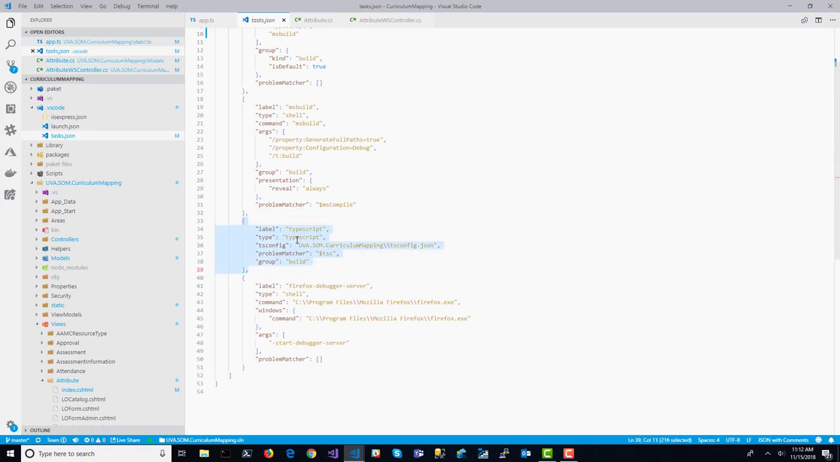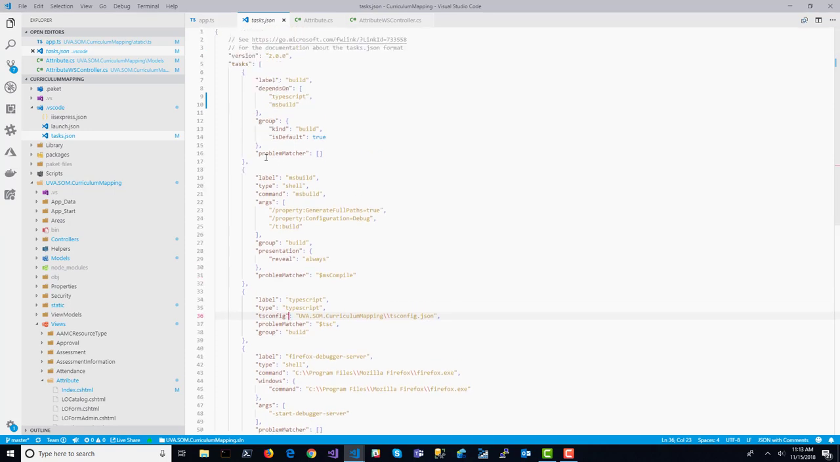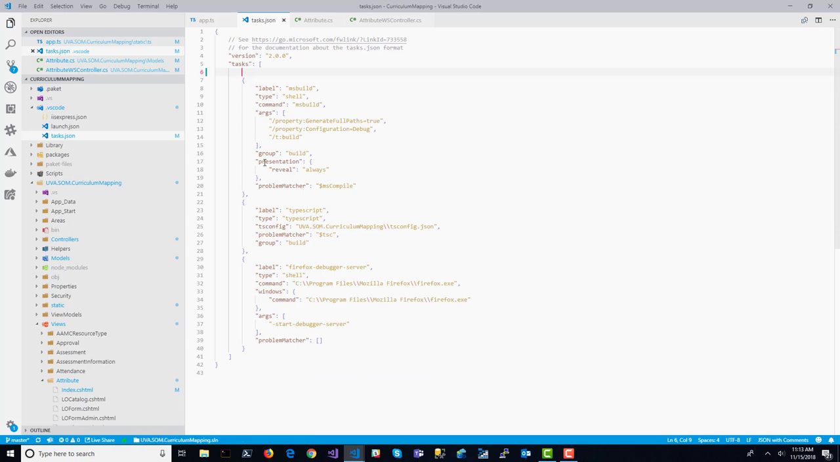The label is TypeScript. Type is TypeScript. The tsconfig is pointing to my tsconfig, so these are additional values that are actually allowed into the build. The problem matcher is, of course, TSC, which will print out to the problem statement, and a group, of course, is build. So there we have two tasks. Both of them are grouped with build. So normally, if you were to do this, so if I get rid of this right here, and I save that, and I do Control-Shift-B,